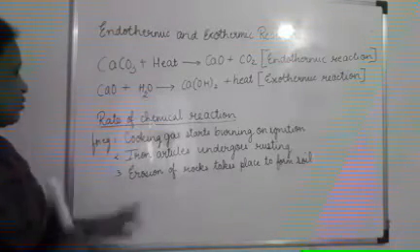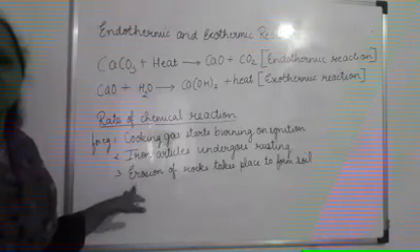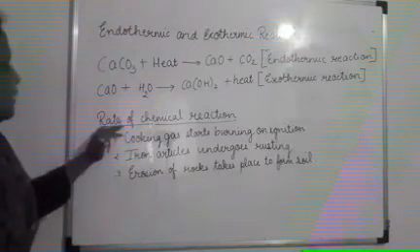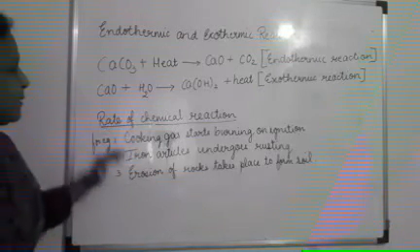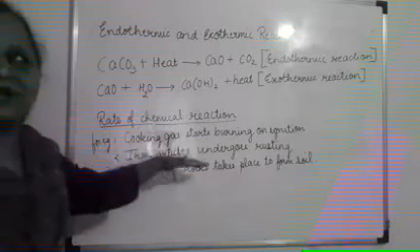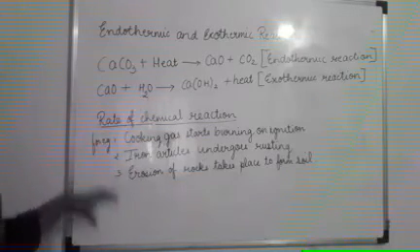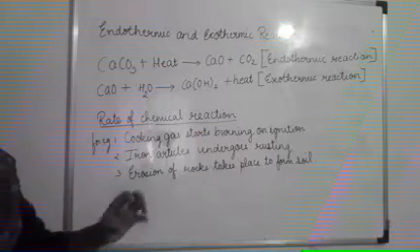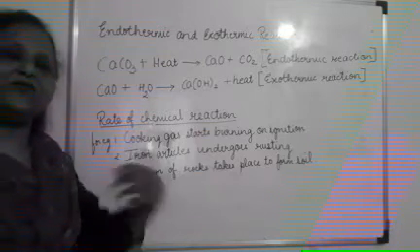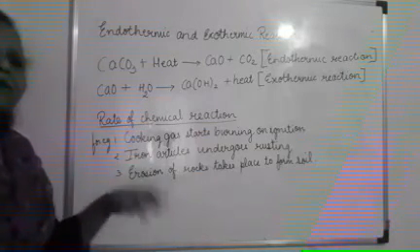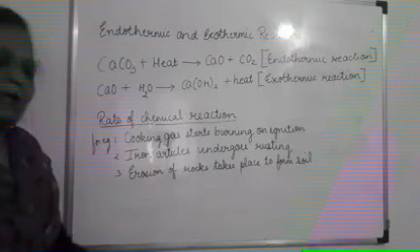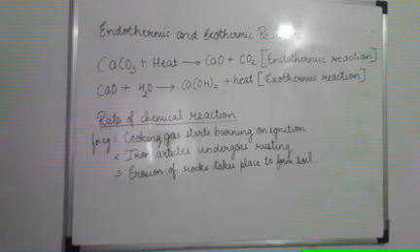So this process also doesn't happen rapidly. It also takes a longer period. It also occurs slowly. So all three examples tell us about the rate of chemical reaction. And what is the rate of chemical reaction? Some chemical reactions complete very fast or rapidly, and some chemical reactions complete slowly or take a longer period, and that is called the rate of chemical reaction.